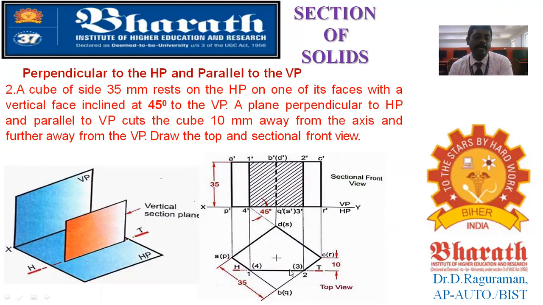Okay. So parallel to XY is parallel to VP. Here is HP, and this line at that time will be VP. XY will be the VP while you are seeing the HP. You are viewing the top view. At that time VP is getting merged with XY. That XY is VP. So now you have seen the cutting point is at this position. Where it is cutting, you are going to give numbering.